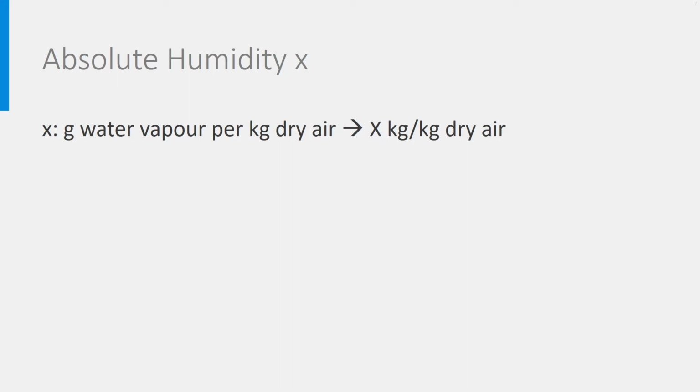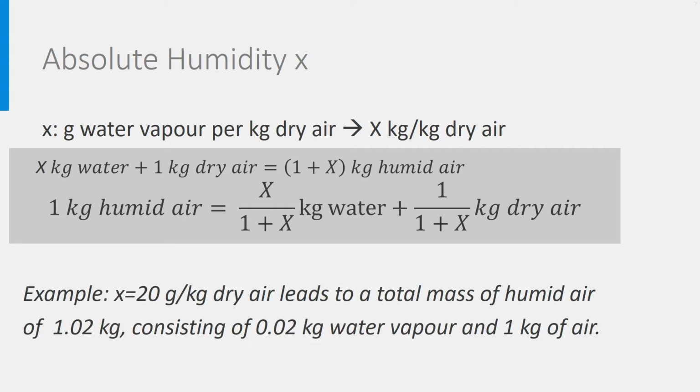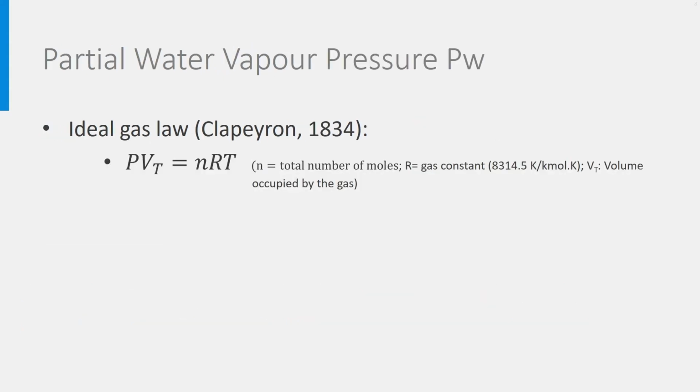Some may find it strange to express X in relation to dry air and not to humid air, as air always contains humidity. If you want to express properties as function of humid air, you can use the formula below. However, as pointed out in the example here, you see that there is not much difference between the kilograms of dry air and the kilograms of humid air, even at the highest water concentration in the diagram, which is 0.02 kilogram per kilogram. We will need later the partial pressure of the water vapor in the air, Pw, so let's look at how to estimate it.